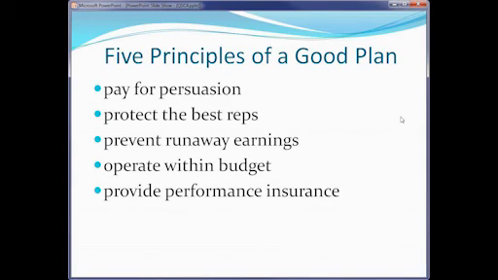They're going to give us increased cash flow, increased profitability, and increased ability to do things that we can't do right now, and give us a better future, and help guarantee the safety and security of all the stakeholders in the company, whether they be the ownership of the company right down to the people that have waged or salaried jobs that would like them to continue. So we want to make sure that we're protecting the best reps. And a good plan will always do that.